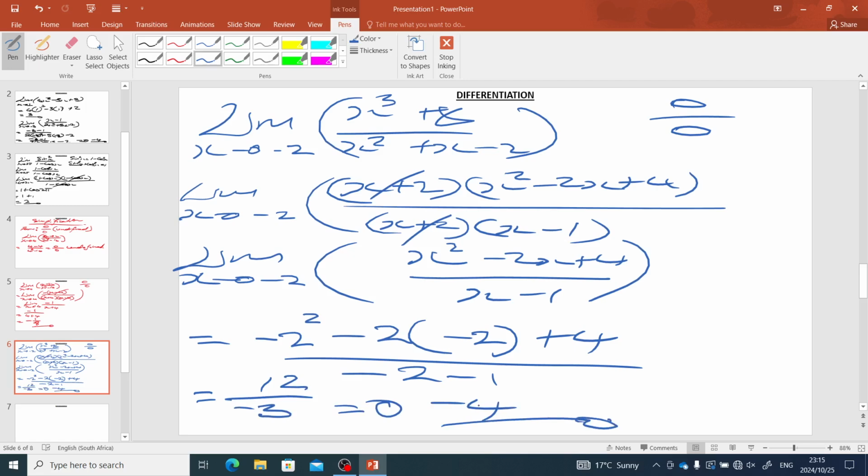This is what I mean by the technique of simplification. The technique of what? Of simplification. Right. Now, having said that,